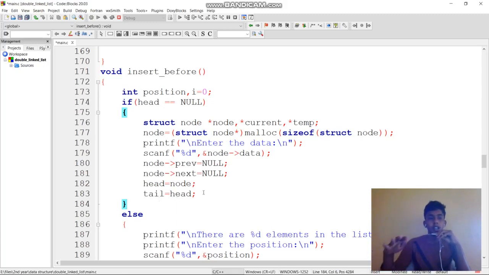If you are creating one node, what will happen? Head equal to node, head points to the node, tail equal to head. So the node address will be stored here. This is the initial case.